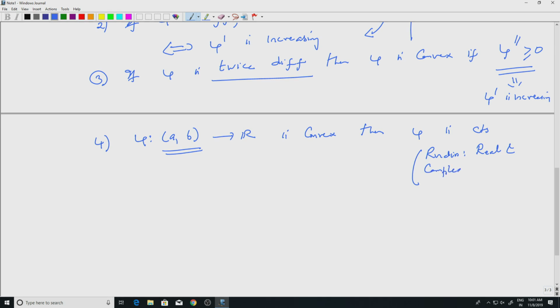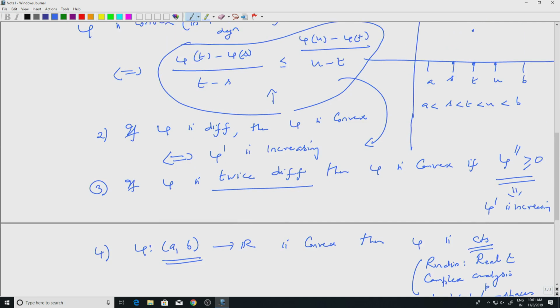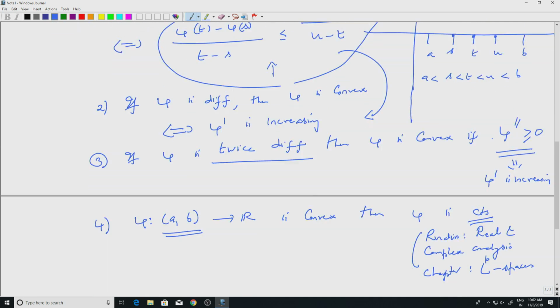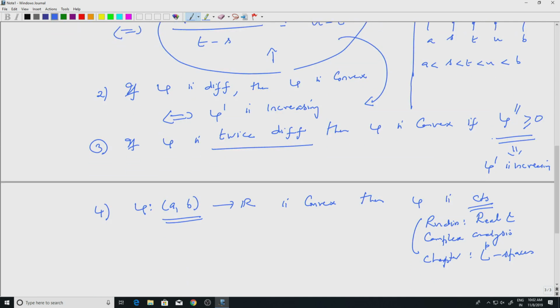If you look at the book by Rudin, Real and Complex Analysis, this is the chapter on L^p spaces. That is what we are looking at now. I think it is chapter 3 or 4. So, if phi is a convex function, then it is already continuous. So it is nice. In fact, one can prove that it is differentiable almost everywhere and things like that, but we do not need any of those.